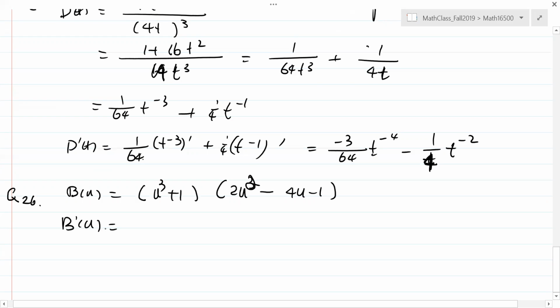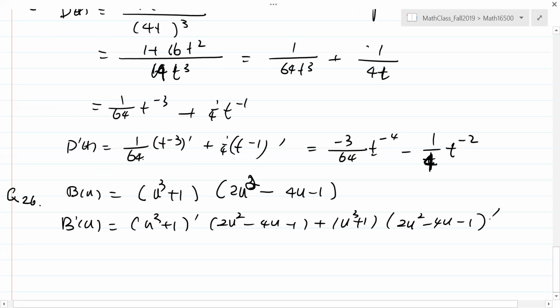I'm not going to multiply them out this time. I'm just trying to use the product rule to find the derivative. Okay. So I get 3u squared